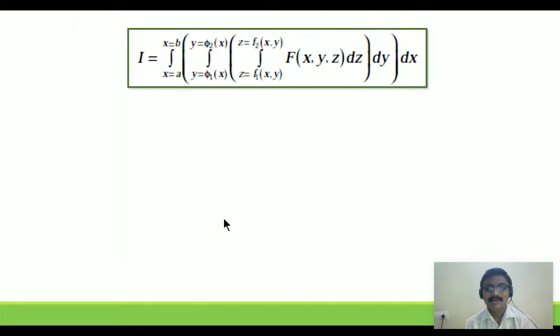That is, I is the integral from x equal to a to x equal to b, y limits phi1 of x to phi2 of x, z limits f1 of x,y to f2 of x,y, integrand function is f(x,y,z), order is dz dy dx,